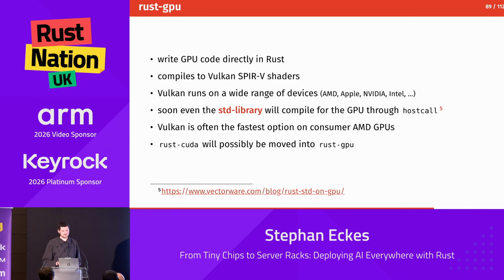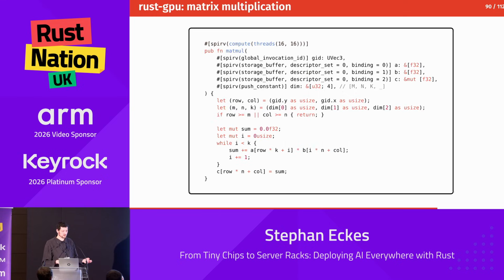And host call will then bring this to your CPU and print it out, which is awesome. And they also have the project Rust CUDA, but they are rebooting Rust CUDA at the moment, and they want to move it into Rust GPU. So then you can just target AMD, Intel, and NVIDIA GPUs perfectly, which would be a huge game changer. And the code looks like this. It's still a bit complicated, but it's Rust code. And you just need to write your kernel in Rust. And then here with this GID Y and X, you get at which position you are currently in the matrix.